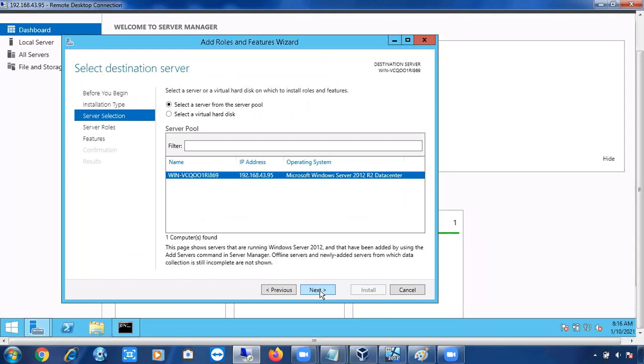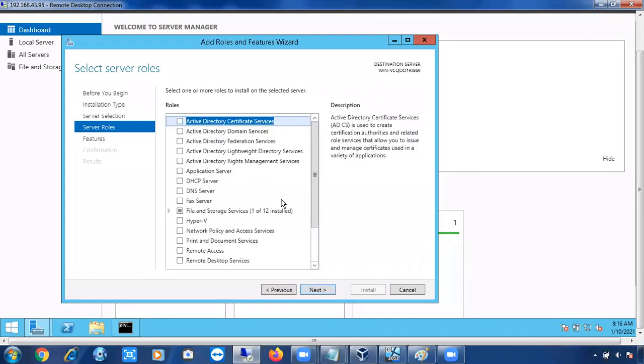Our work is to install SQL Server, and before installing SQL Server, make sure the server is meeting minimum hardware and software requirements or not. If .NET Framework is not installed, you have to send a mail or raise a request to the Windows team: please install .NET Framework on this server, so that they will install the .NET Framework.